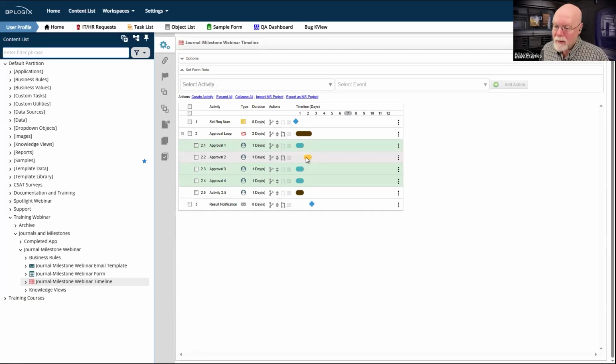However, approval 2 might not need to be dependent on these other 2 activities. These activities may take a lot longer to complete than approval 1, and maybe longer to complete than approval 1 and approval 2 put together. And so I can't let anything happen here until all of these activities are complete.